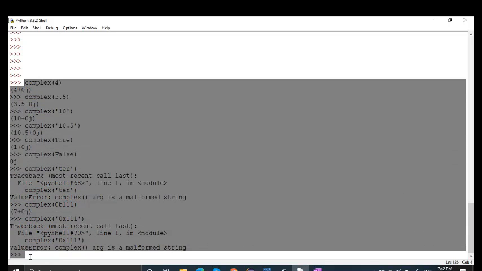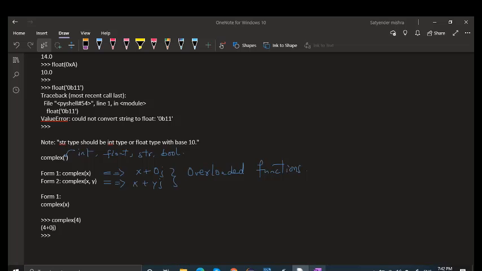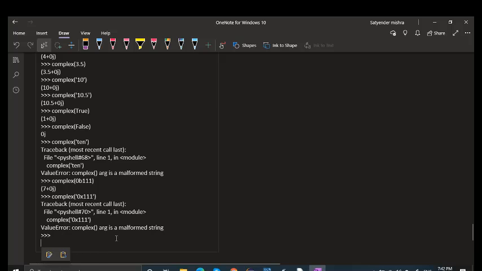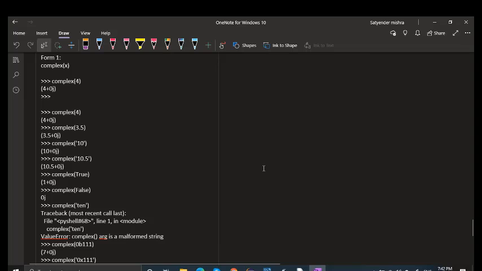This is the form 1 examples. So you write it over here. Fine. So this is the form 1 examples. Fine. The next thing is let me do the form 2 examples also. Right. So in form 1 you can see that it is working fine with integer. Integer is fine. Right.